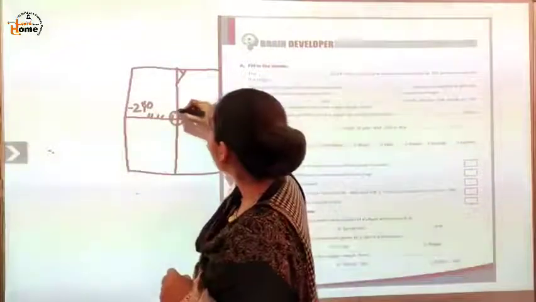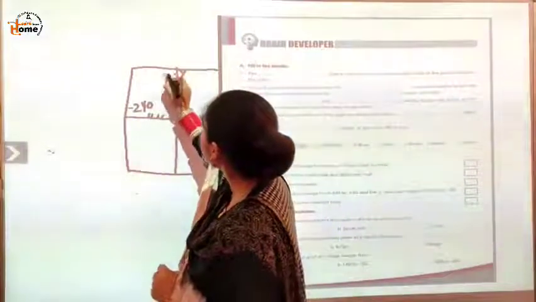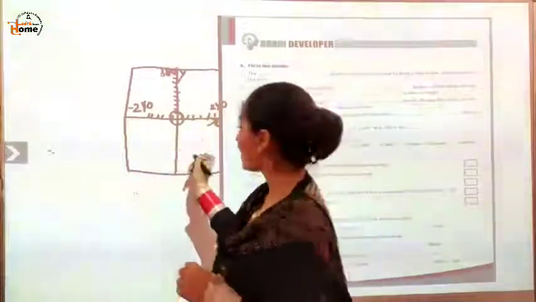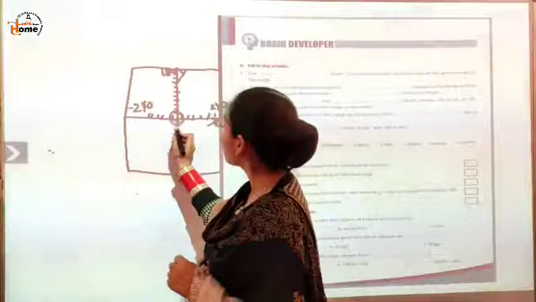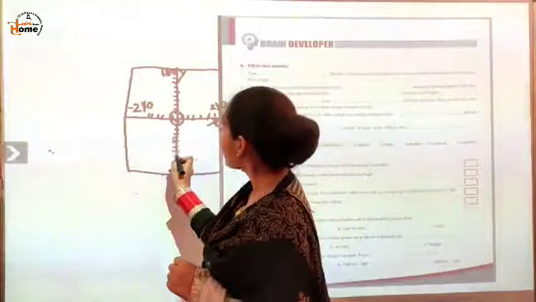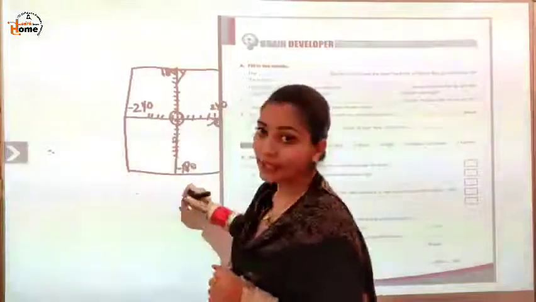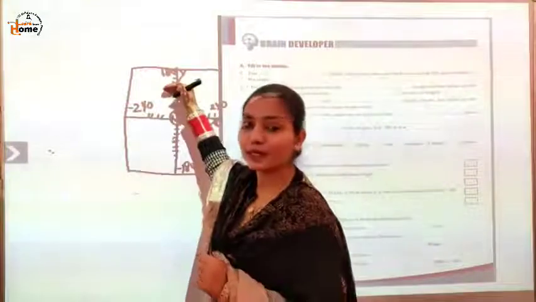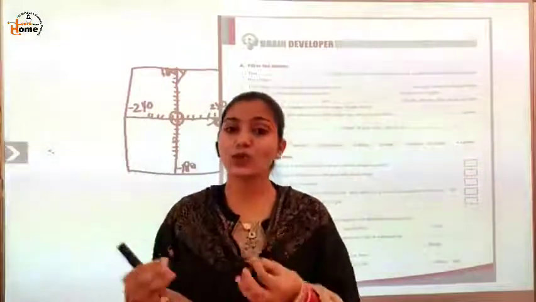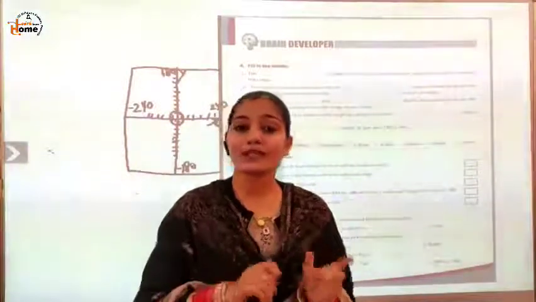Okay, here 1 2 3 4 5 6 7 8 9 10, from this side up to here, the screen is divided into 180 parts. And same here, -1 -2 -3 -4 -5 -6 -7 -8 -9 -10, from this side up to -180 it is divided. Okay, -180 plus 180. The y coordinate ranges from positive 180 to -180 and the x coordinate ranges from 240 to -240.